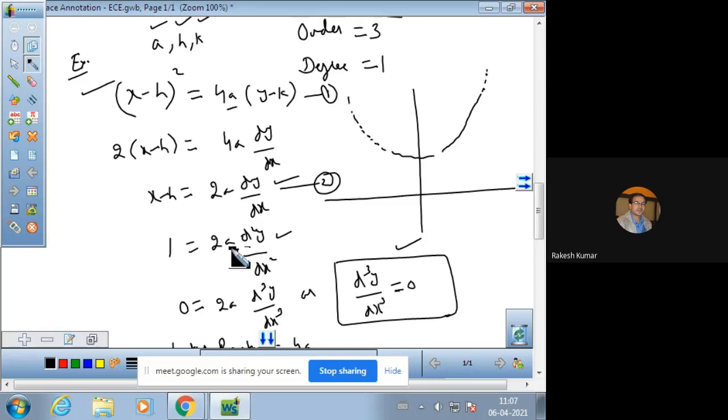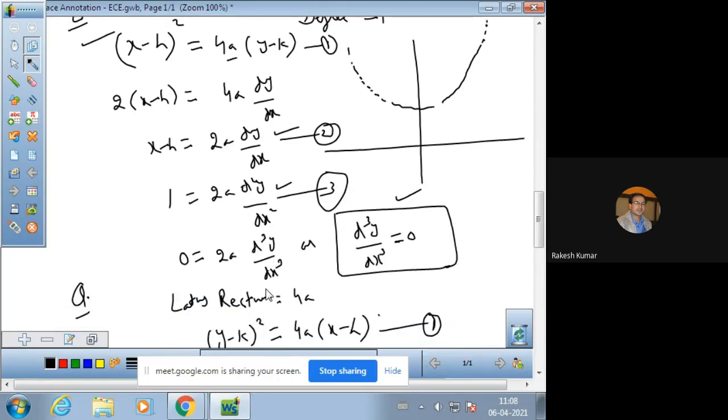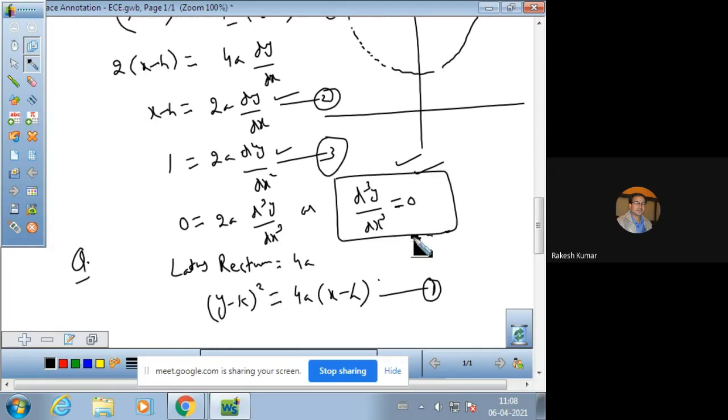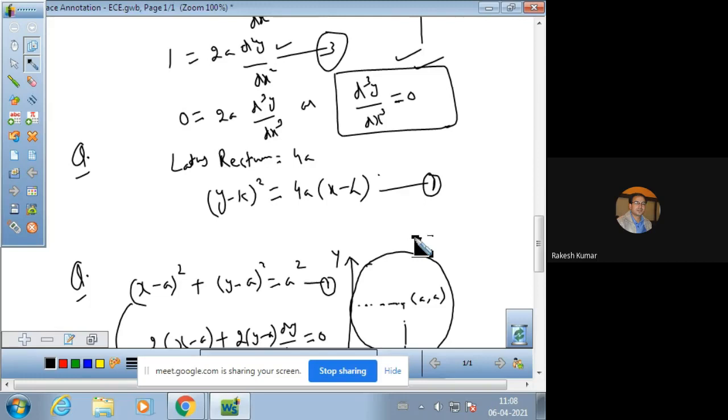Now still constant a is involved here. Then again, you just need to find out the derivative of 3. So the derivative of 3 is, derivative of 1 is 0. And this is 2a times the third order derivative term. Now 2a can be taken to the other side. This will be a third order differential equation. Similarly, we can have a differential equation with the latus rectum 4a, and the axis parallel to the x-axis. On a similar pattern to the previous question, you will be able to find out a differential equation.